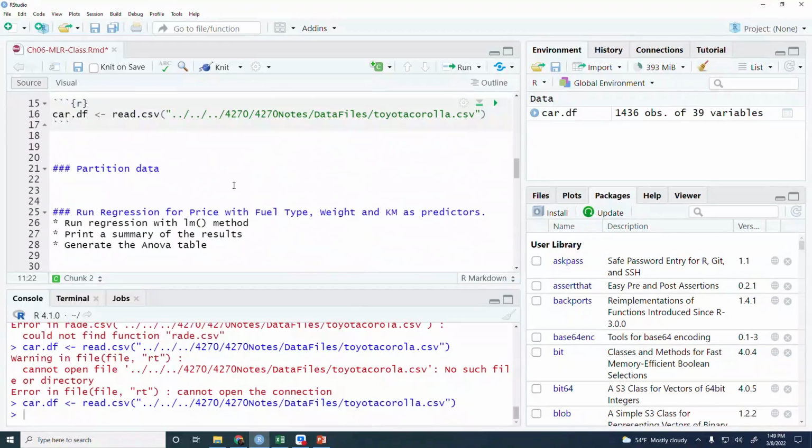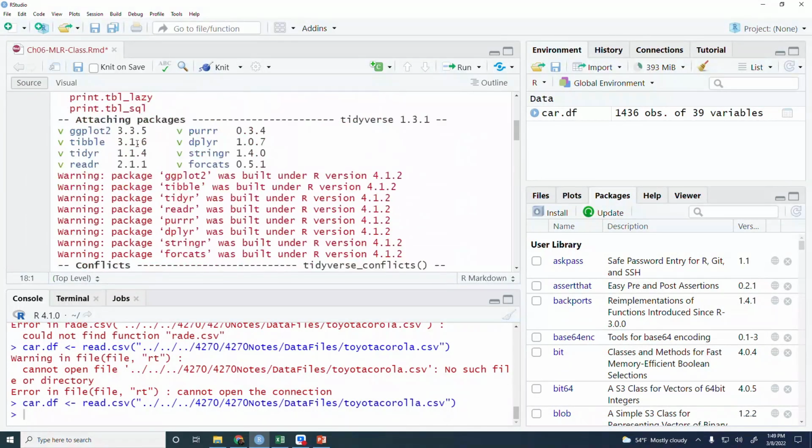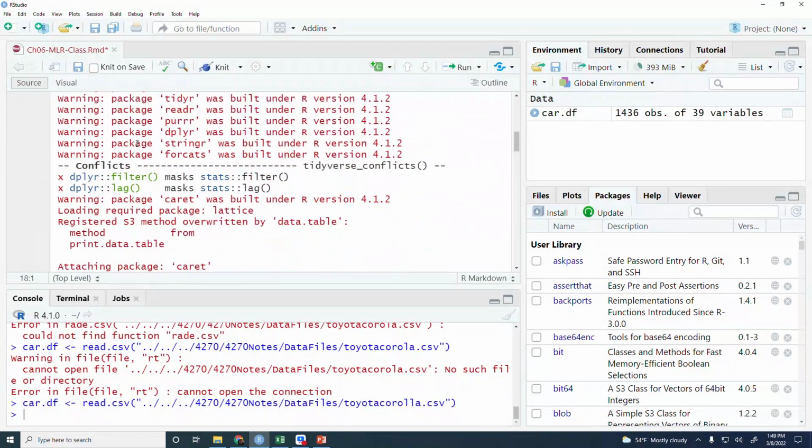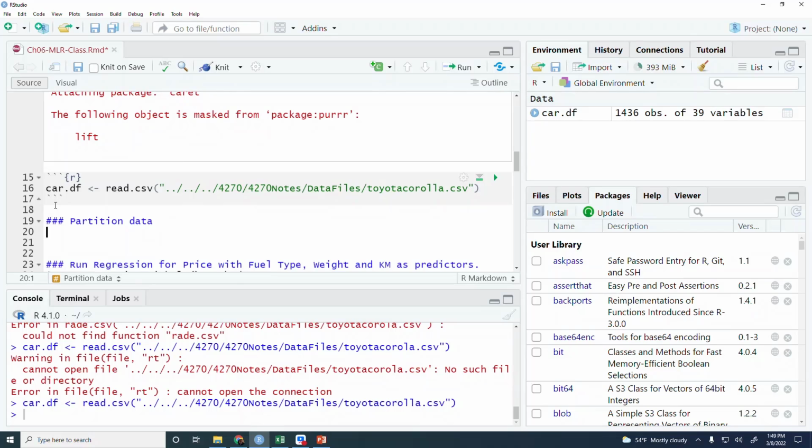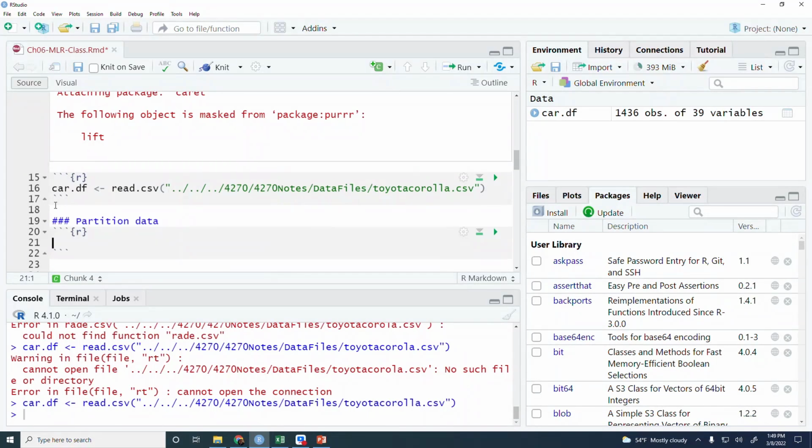Okay, so I have read the data in. So now let's do partition. From this point onwards, we're going to use the caret data partition method. But before that, we have to